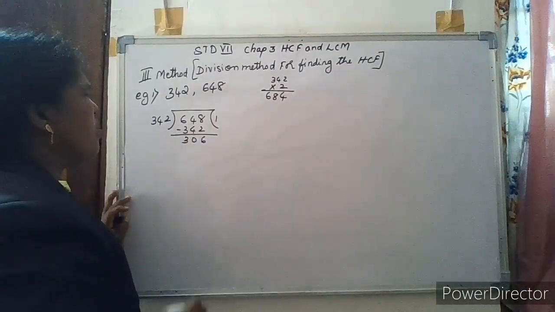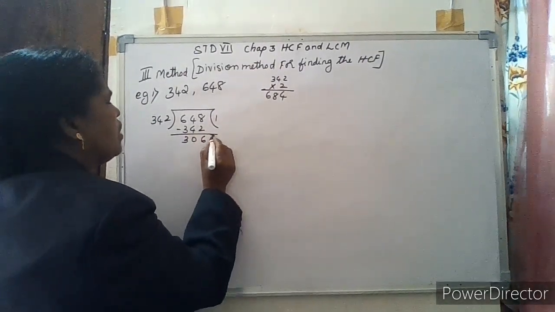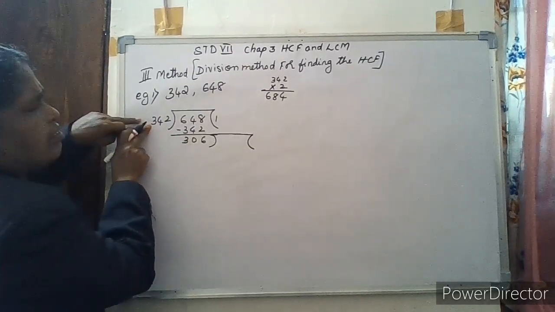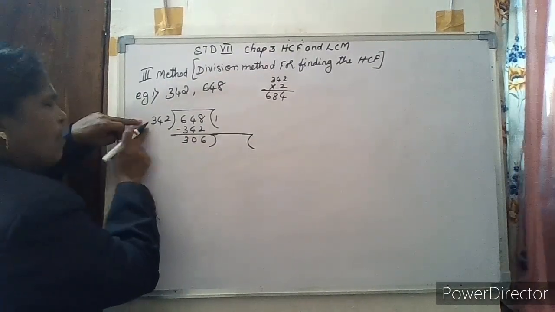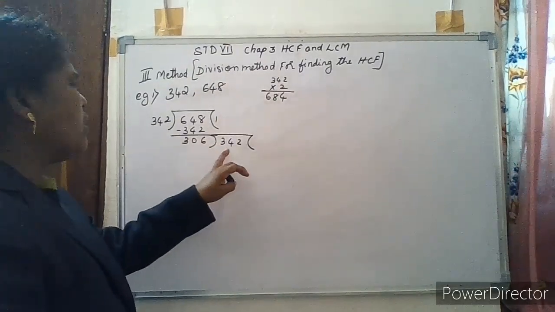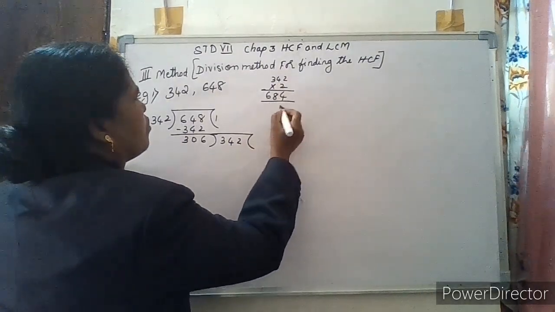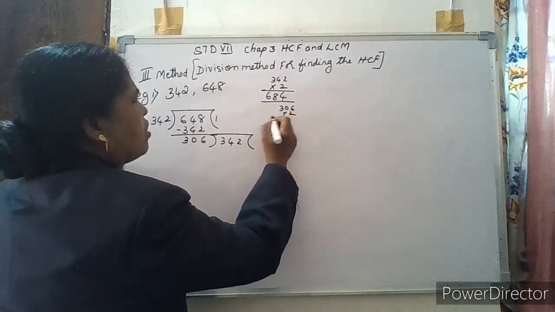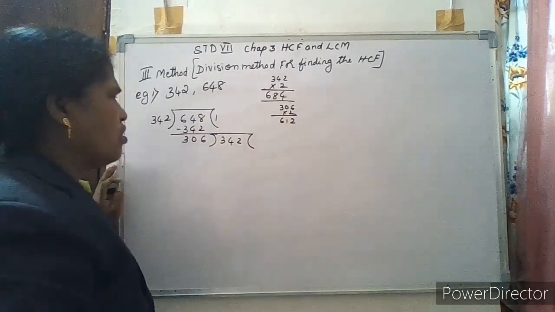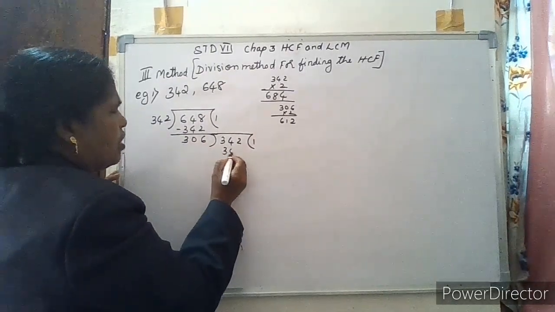Now the very simple thing you have to do is that this remainder will become the divisor and the previous divisor is the dividend now. Now you have to divide 342 by 306. So if I take 2s, it would be more. 306 2s are, see, 2 6s are 12, carry 1. Here 1, 2 3s are 6, is 6 and 12. So again I have to take 1s. 306 1s is 306 only.